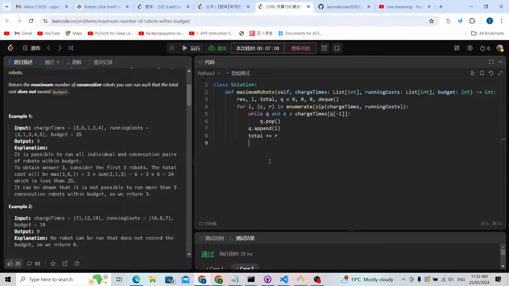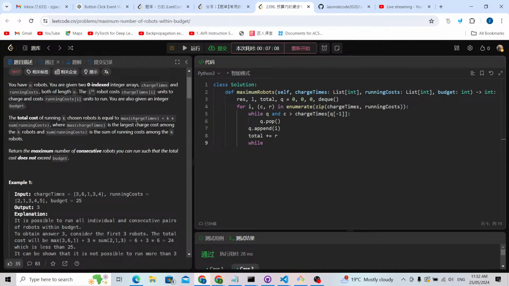Now I'm going to check if it is out of the limit. And I need to check the formula. So the formula is the maximum charge time. So what is the maximum charge time? It is Q0. So we have to check while the Q exists, and Q0 times the window. The window is I minus L plus 1. And we also need to times the total, the sum of them. So if this is more than limit,